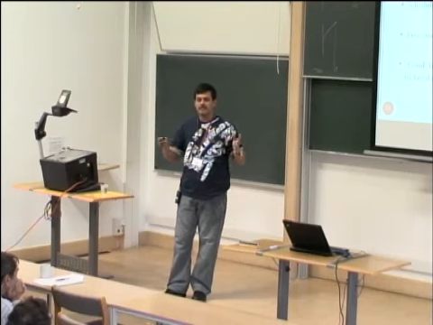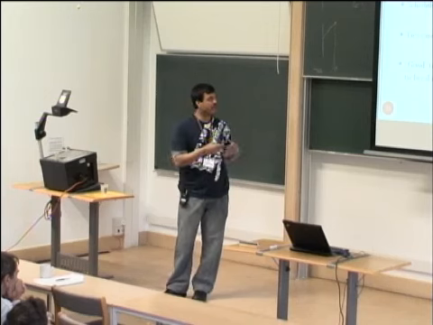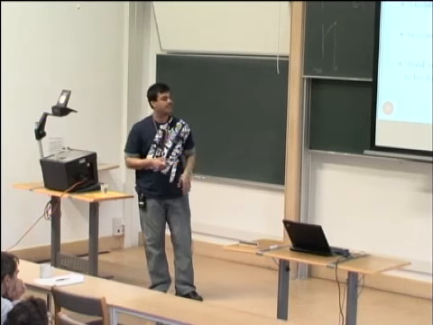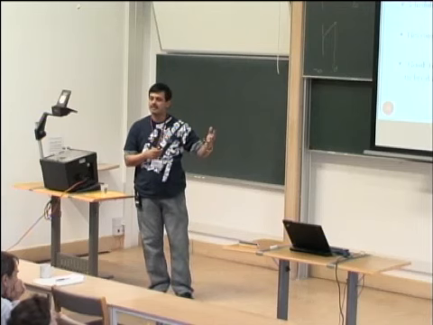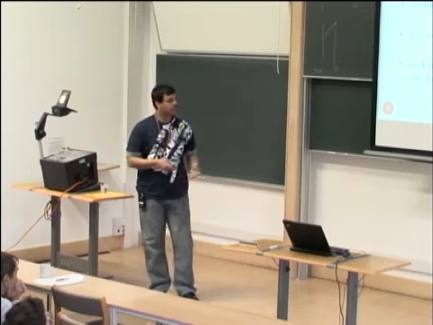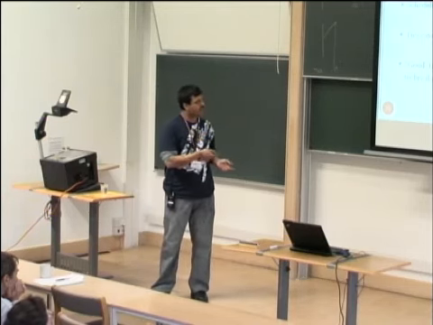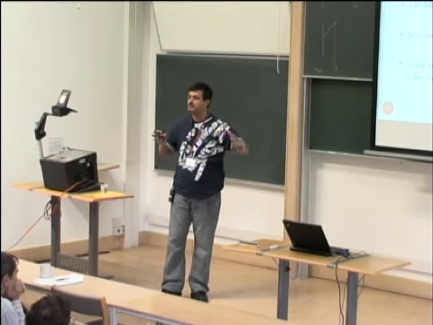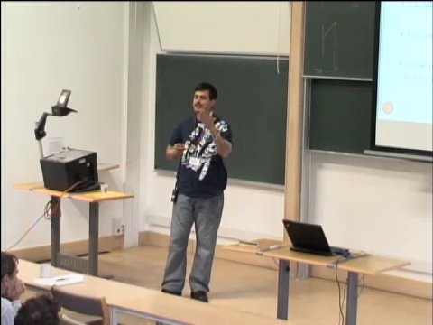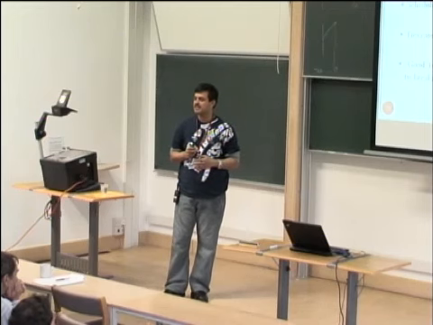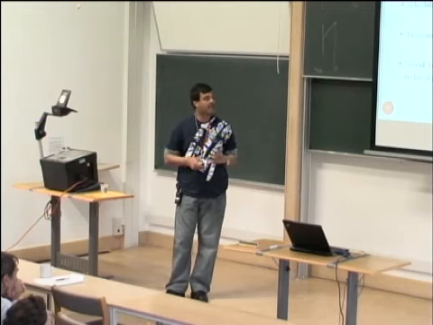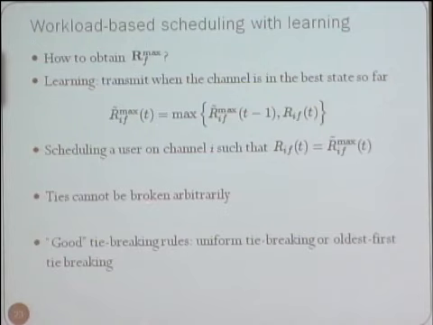In fact, we've done simulations to indicate it's not throughput optimal, although I don't have a proof that it's not throughput optimal in general. But the reason seems to be that if you keep always serving the new flows, something could go wrong. I think the basic requirement you want for a good tie breaking rule is that when the number of users becomes large, the probability that you're transmitting a user which is in its best channel state should go to 1. It doesn't seem like that condition would be satisfied if ties are broken arbitrarily. So this is unlike the max weight algorithm; you have to be careful when you're doing this learning.